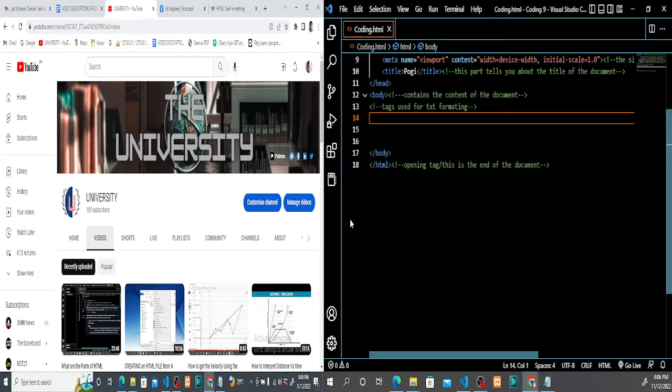So in the last episode, I taught you how you can create your own HTML document from Notepad or any text editor. In my case, I'm using a text editor called Visual Studio Code because it makes it easier for me to code and to debug, to trace errors, and it has a lot of capabilities. This text editor is highly recommended, and it is absolutely free and